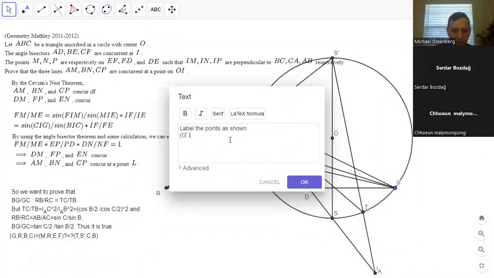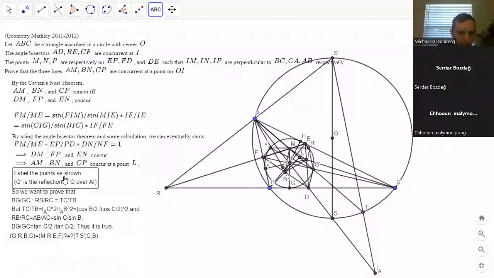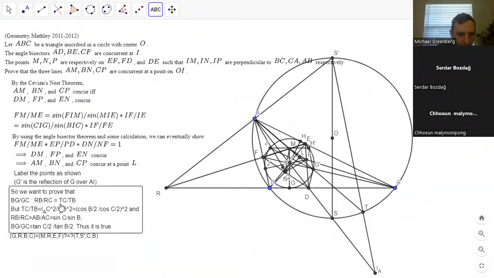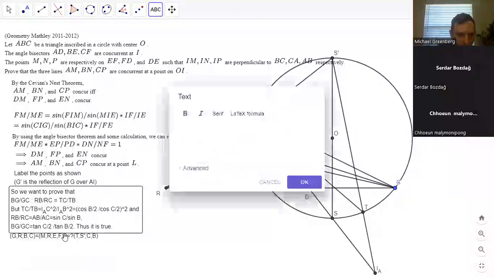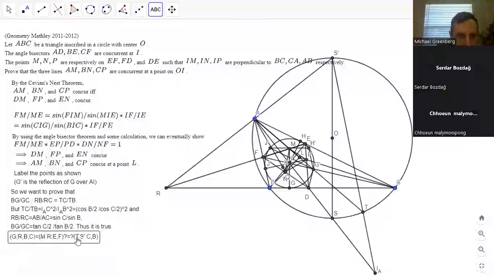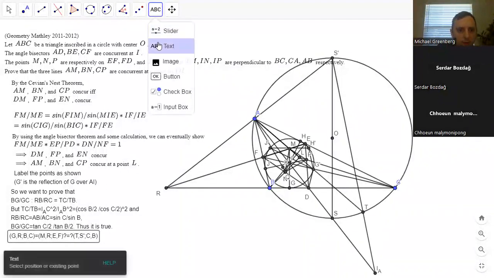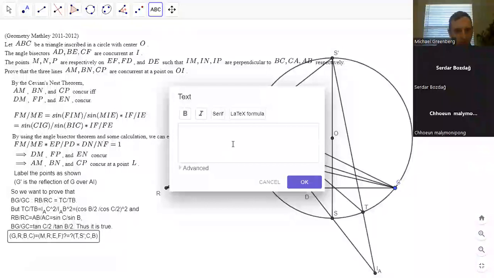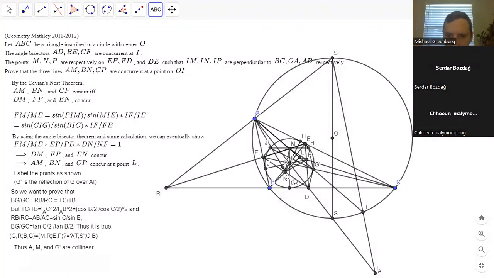G prime is the reflection of G over AI. And then this implies that A, M, and G prime are collinear. Collinear. And once we know that,